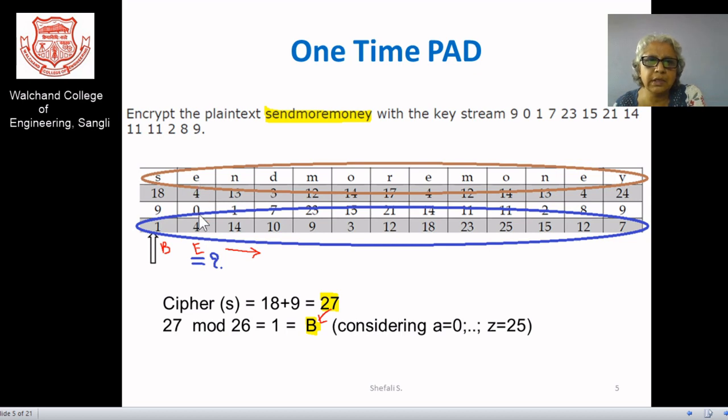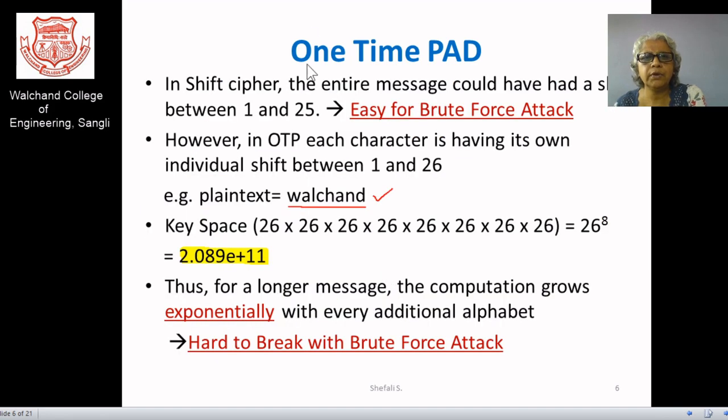So E remains E itself, and in a similar fashion you can continue further to find the cipher itself.